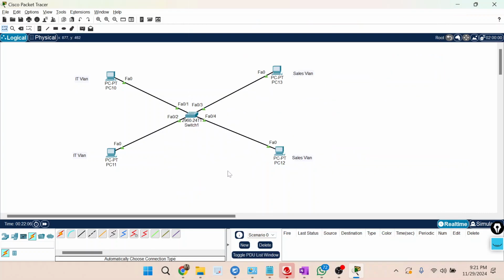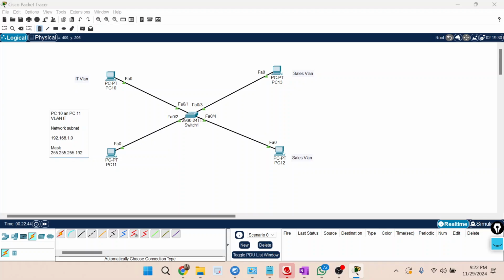Our PCs are already configured with each department's IP address. How have we done it? PC 10 and PC 11 are part of VLAN IT. The network subnet address is 192.168.1.0, mask 255.255.255.192.